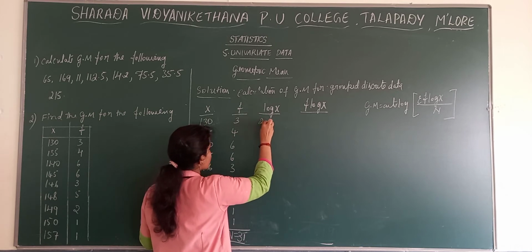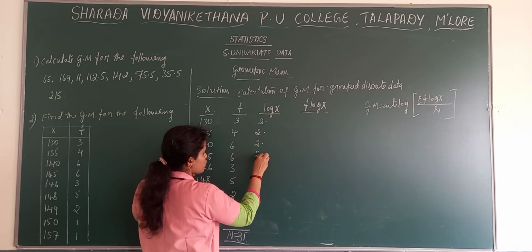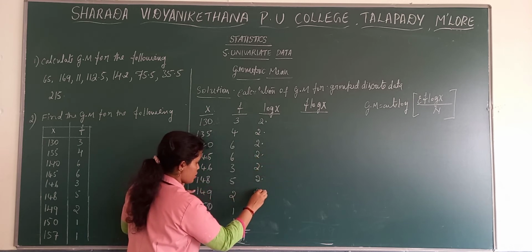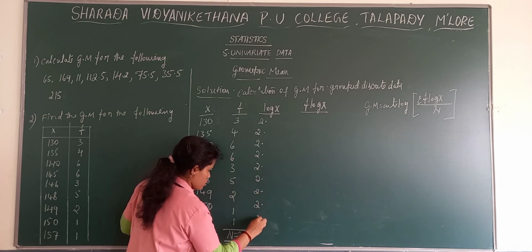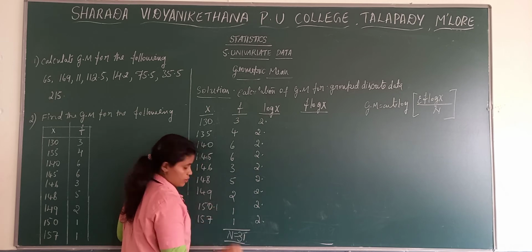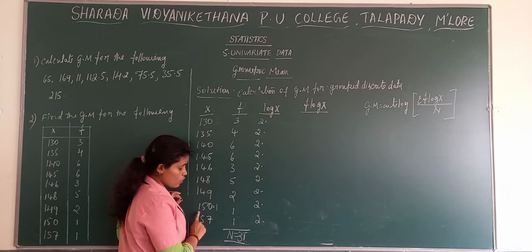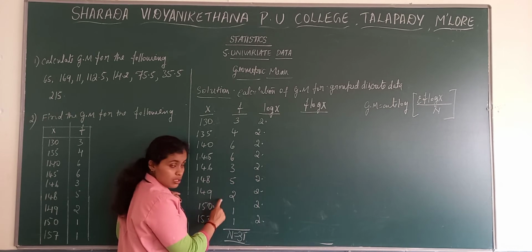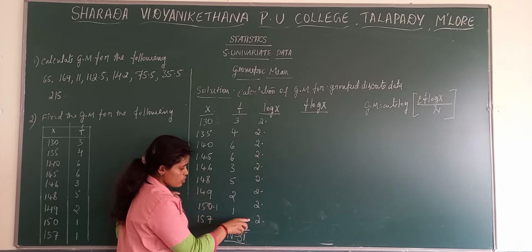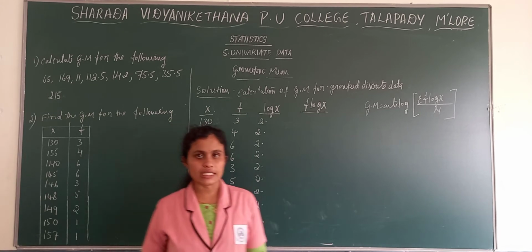3 minus 1, 2 point. Here also 2 point. Characteristics are all 3 digit. For example, here we have 1. As I said, while writing characteristics, we are seeing only these 3 digits. We are not considering these. So even if it is 150.1, the characteristics will be 2. Okay, that is one thing.